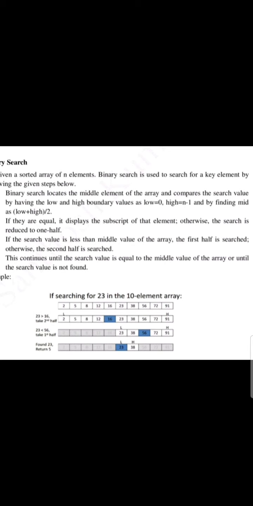Normally you will write that the search key is found in the 6th position, because the position will be added by 1. So this is the general explanation of binary search. My dear students, the binary search concept is very important. Why? They may ask you this question for the theory as well as for the lab. So the binary search program is there for your lab as well as theory.